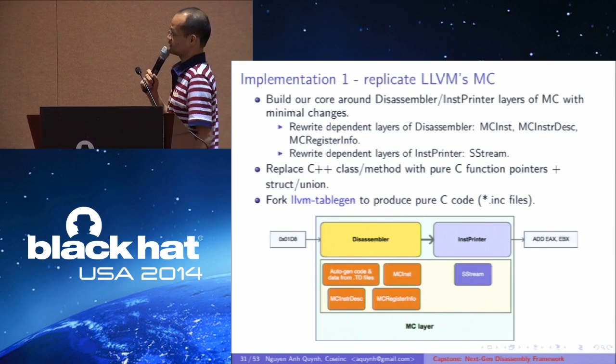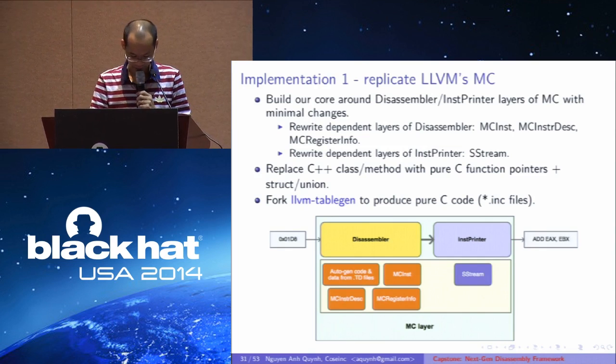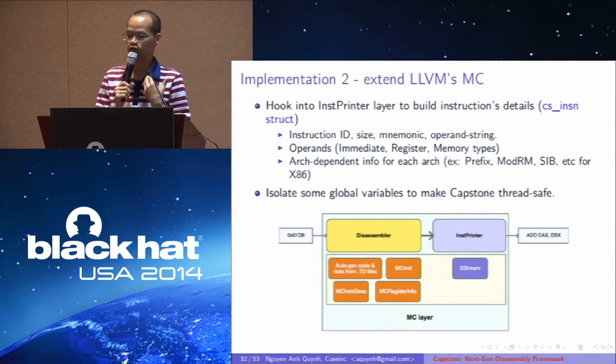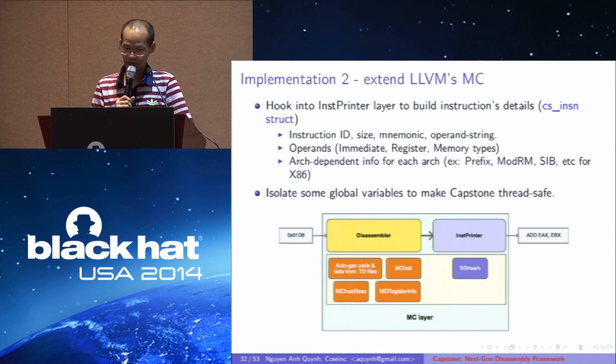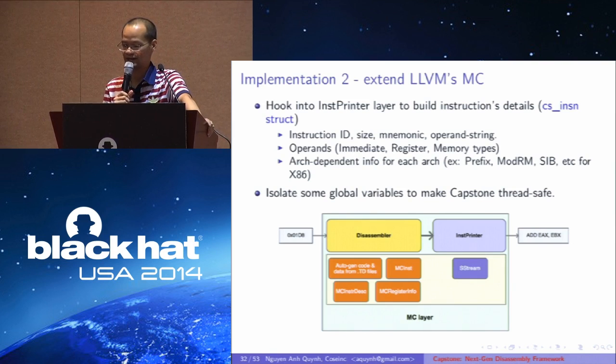Okay, so after this stage, we have the assembly as output, right? But that's not enough because we still need to break the instruction into many details. So how to do that? What I did is that I hook into the printer layer, and my hook will build the instruction details for me. My code will put the details of the instruction into the structure named CS_INSN,